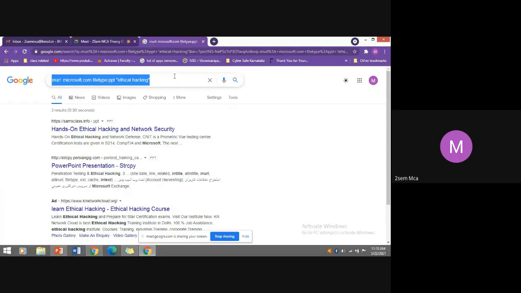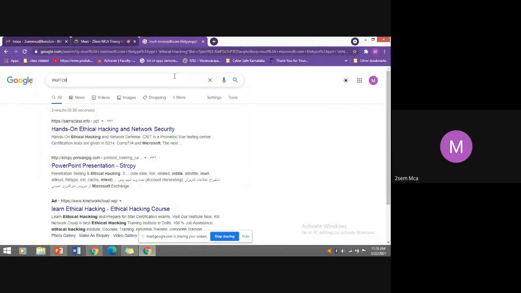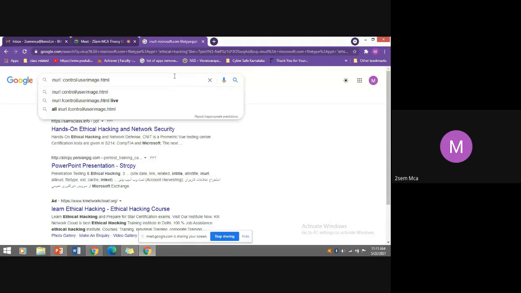You can locate using the command inurl:control/userimage.html. Inurl control userimage.html means the path control/userimage.html.